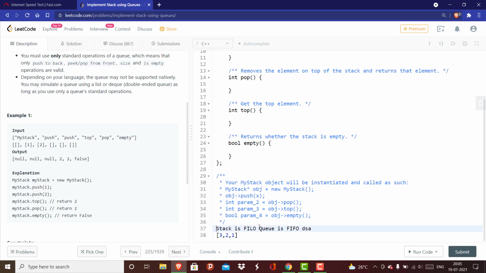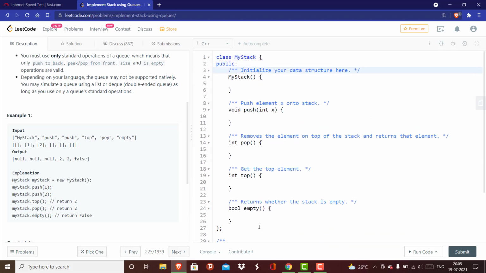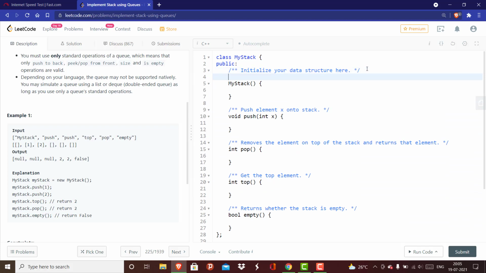So let us try to implement this with the help of code. Okay, so we are asked to initialize the data structure here. Since we'll be using a queue, let us initialize a queue. Let's name it queue.